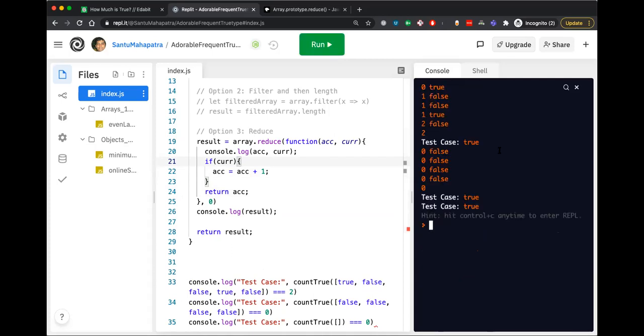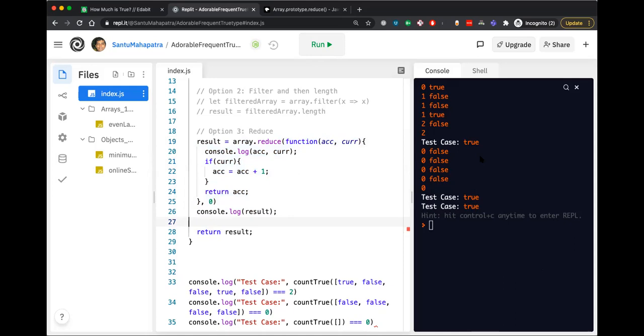Yes, all test cases are true. So the mistake that I was making is that inside the callback function, I should return something. I can skip the return if it was an arrow function, but if I'm writing the full function, I have to return it explicitly, or else it was giving me undefined. Also, another trick was to add the initial value as 0 for the accumulator. So this is another way of doing this problem.